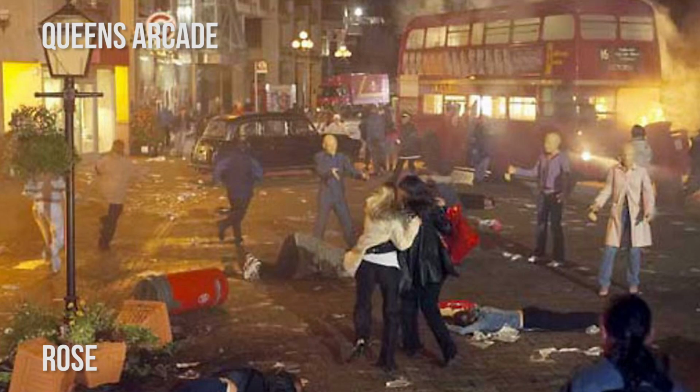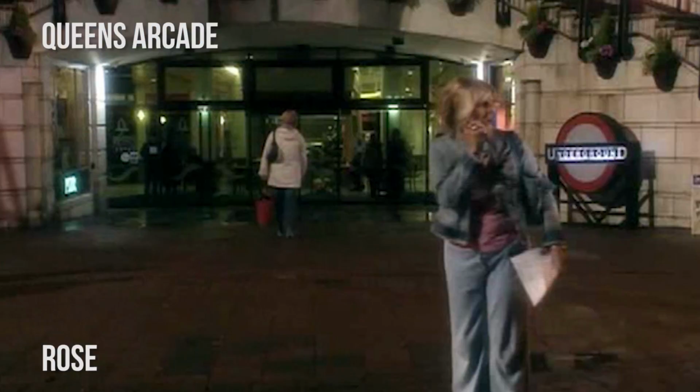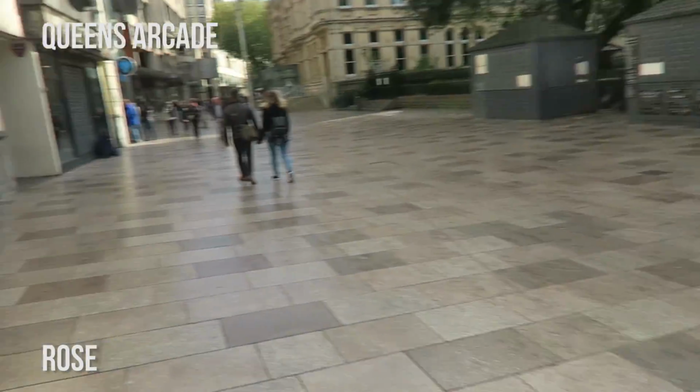Iconic locations from series 1 at least. It's from the first ever episode. It's from the first episode of the new series. It's from Rose, and this is where the Autons attacked, and they made this place look out to be like London. They put underground things here, they put taxis here, and they made this look like an actual road, when